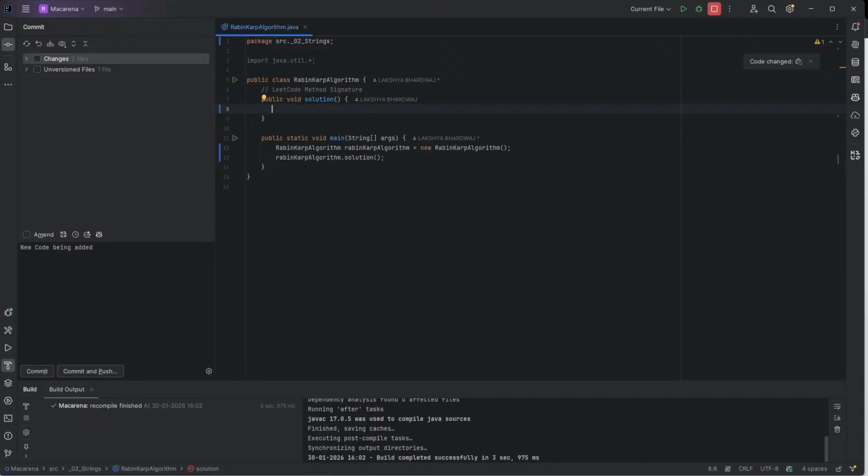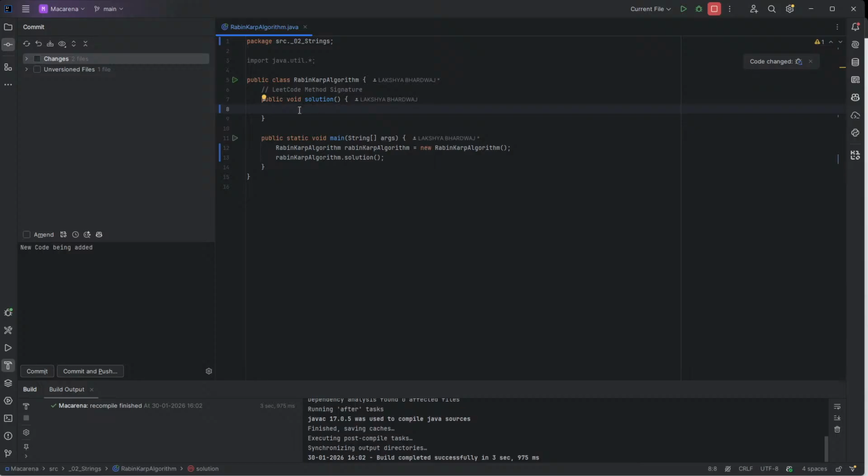जब हम पढ़ेंगे सब सीक्वेंसेस कैसे पता लगाए जाते हैं, जब हम डीपीज का इस्तेमाल करेंगे, हम उससे हेल्प करेंगे, उससे काम लेंगे. रेबिन कार्प एल्गोरिथम is a very crucial algorithm because it helps us to understand how hashing works predominantly in strings. Okay. So when I first learned the Rabin Karp algorithm, it was very recently, and this algorithm is